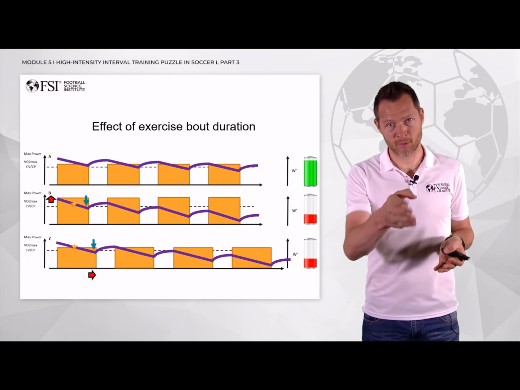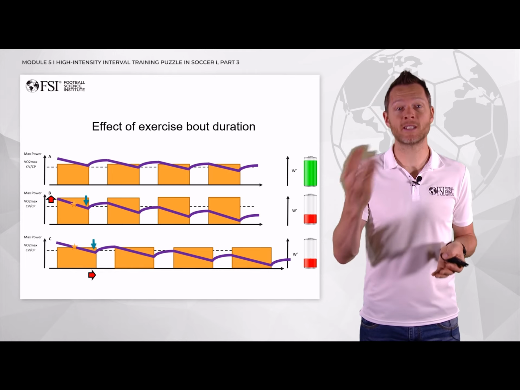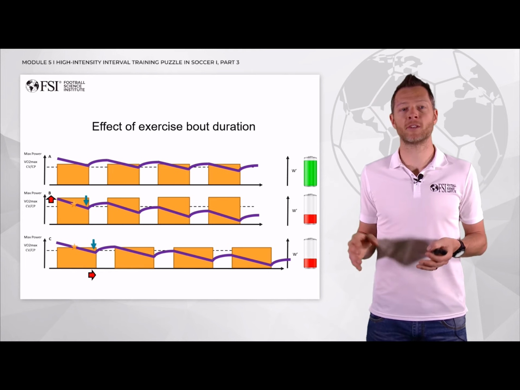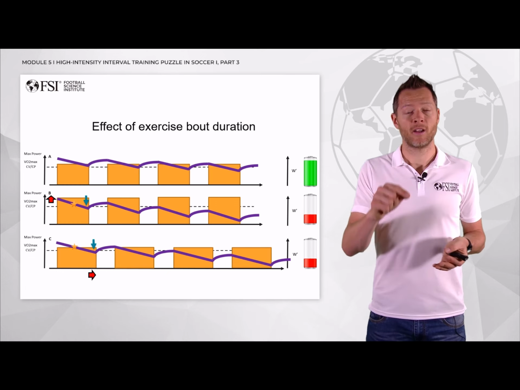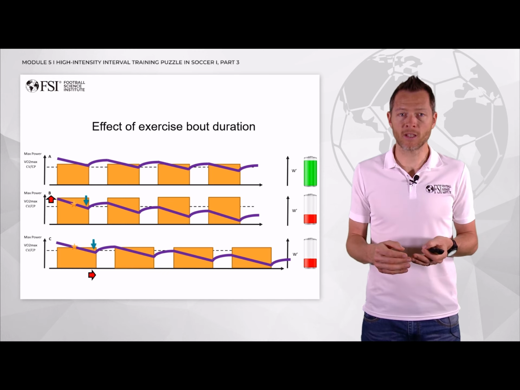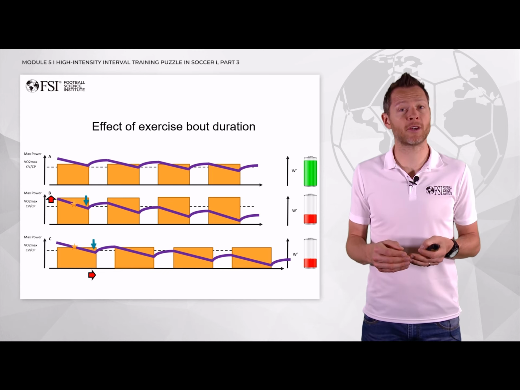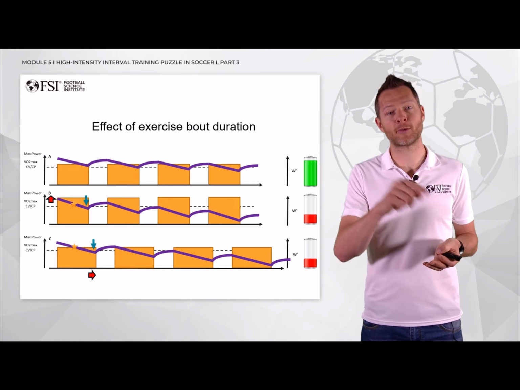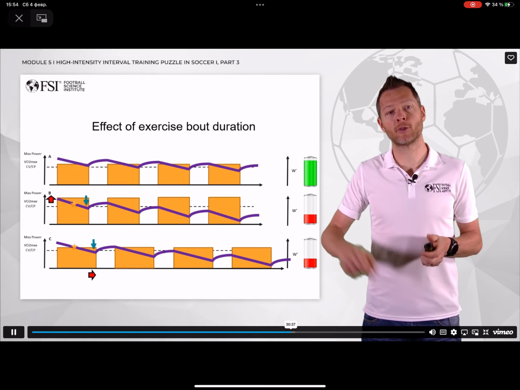That can be done, as we discussed, with an increase in intensity. We have more or less the same effect if we increase the duration of the interval. In that case, a longer interval would deplete more of the energy available in the battery, and the recovery won't be enough for the battery to refill, and that will also lead to a progressive